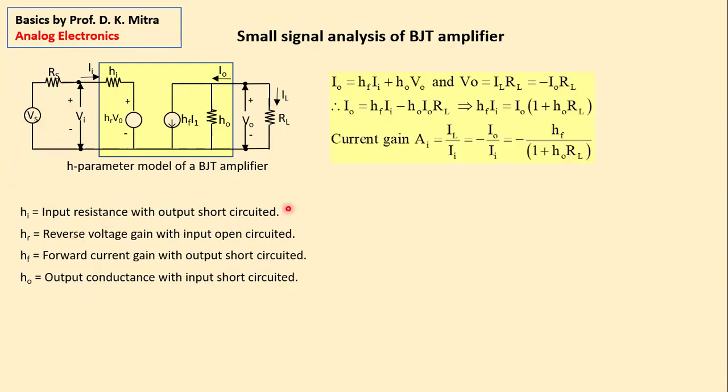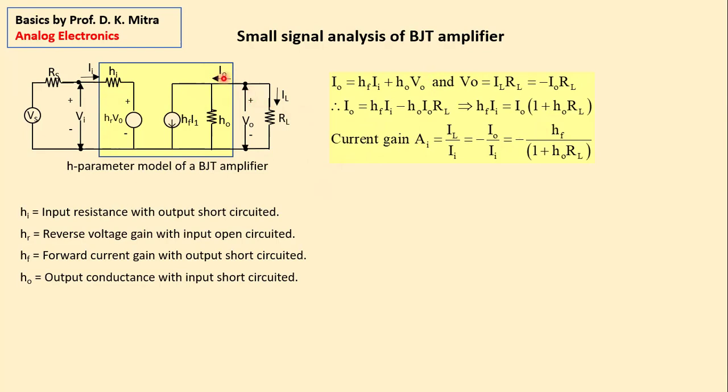Now, let us find out the current gain, voltage gain, input impedance and output impedance of a transistor amplifier. Mind it, we have not defined whether it is common base, common emitter or common collector mode. So this derivation will be true for all three modes. How? Look,